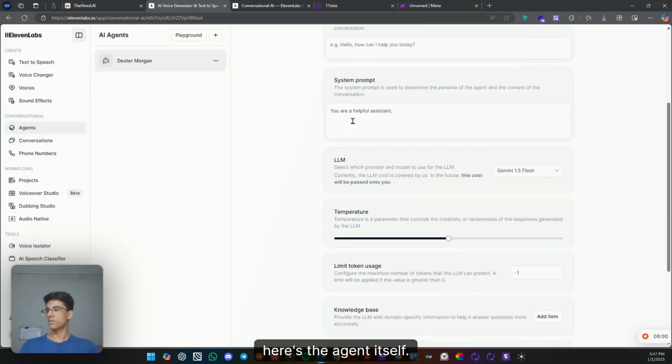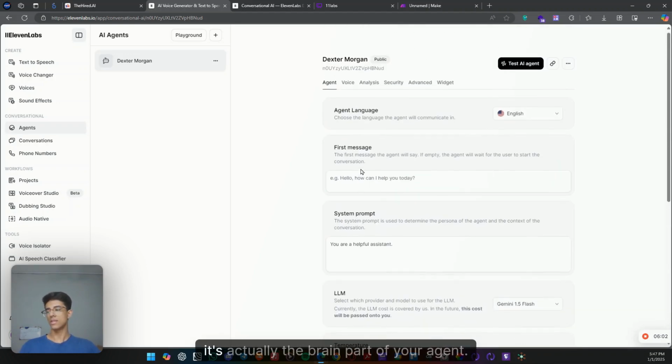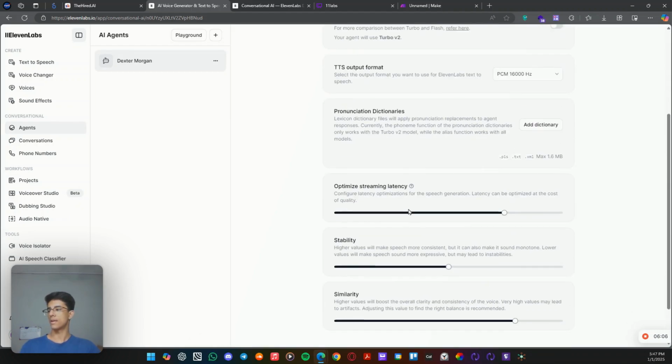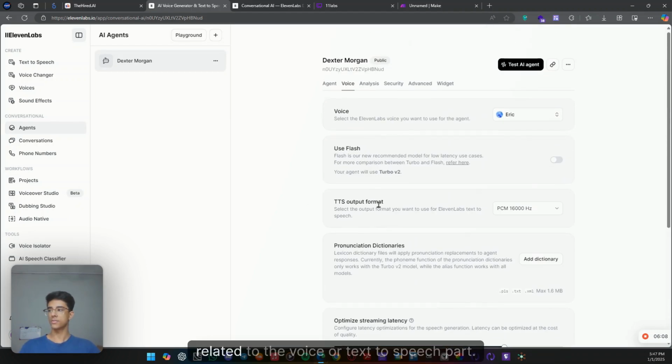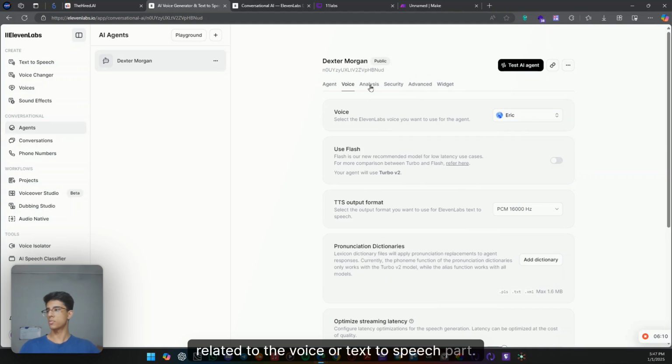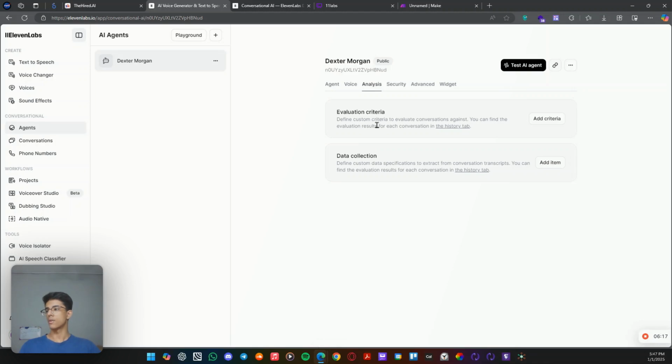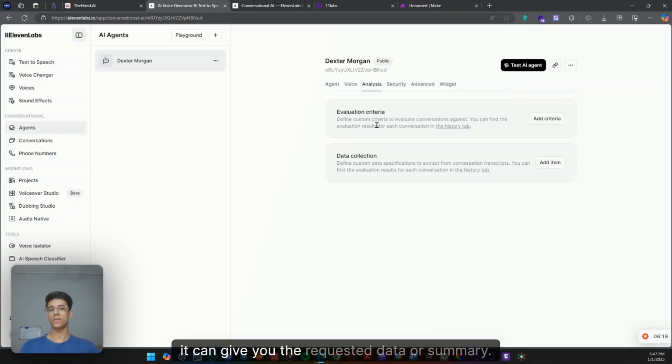Here's the agent itself. You can select the LLM. It's actually the brain part of your agent. Here you can select the voice and other things related to the voice or text to speech part. Here is the analysis part, which you can prompt the AI so it can give you the requested data or